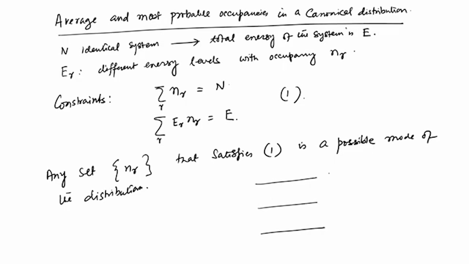So, we can keep 6 particles here and 2 here and 2 here, or we can keep 3 here, 4 here and 3 here. We can keep 8 particles here, 1 here and 1 here, and we can keep 4 here, 4 here and 2 here, and then there are a large number of ways that we can distribute 10 particles in 3